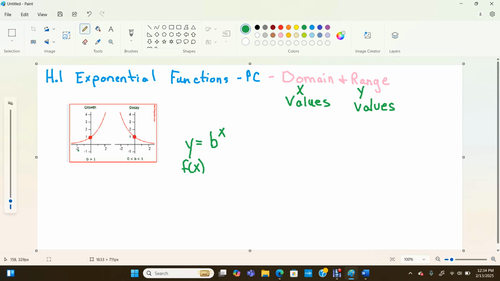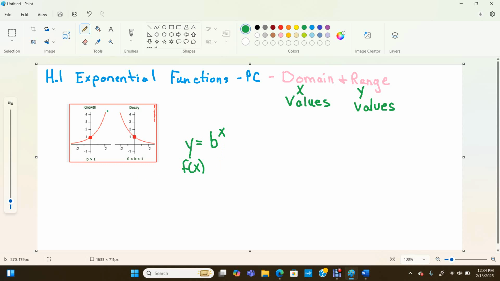Hello, this is Miss Becky again, and today I'm going to be going over IXL in Precalculus section H1, and we'll be looking at exponential functions, specifically the domain and range of these types of graphs, as well as their equations. Now, exponential functions, if you remember, they have the variable in the exponent, and when they are graphed, they